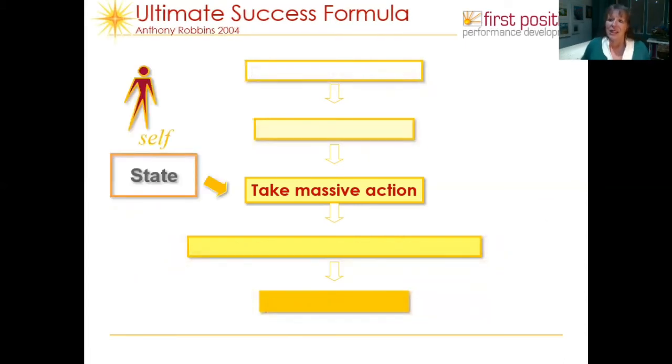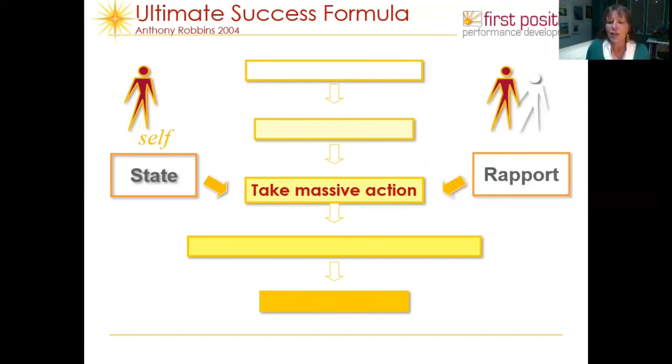Okay. Now, in terms of the massive action, Kevin and myself at First Position have added these two extra elements onto Anthony's model. The first of them is in respect of ensuring that the action you're taking to achieve your outcome works, and there's two elements. The first is managing yourself and your mood state, being aware of how you operate at your best, how you're most efficient. It's what strategies you run, it's understanding yourself, it's how you communicate with yourself, and it's how you manage your mood states.